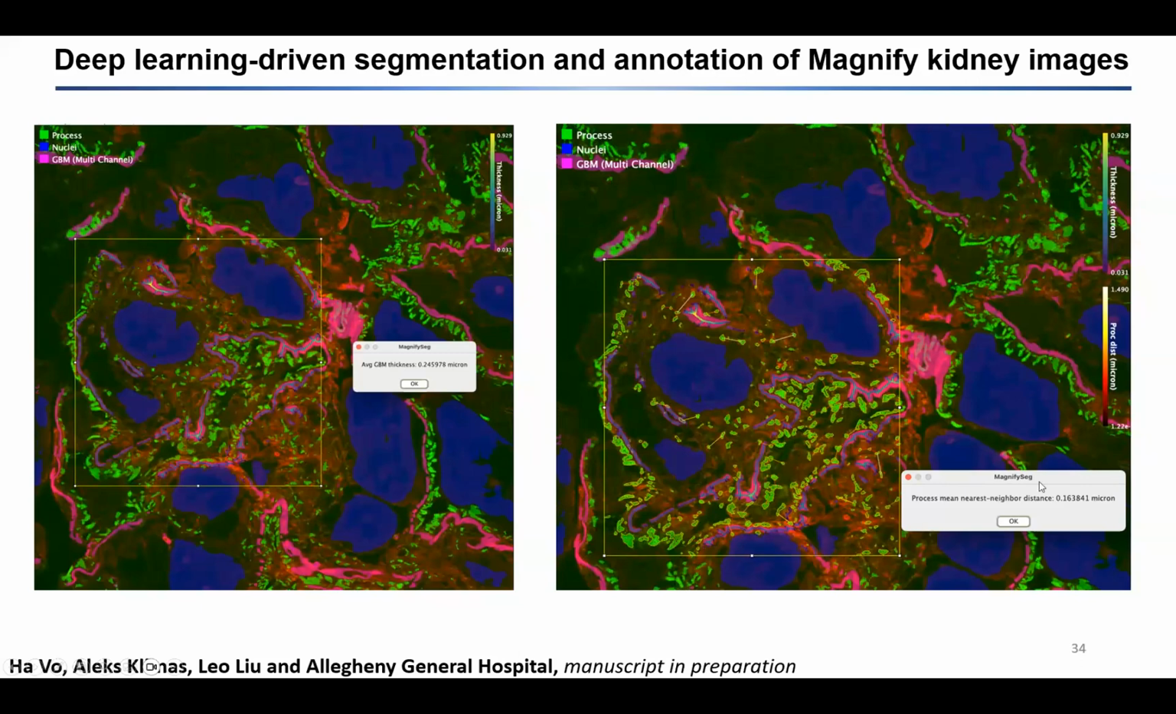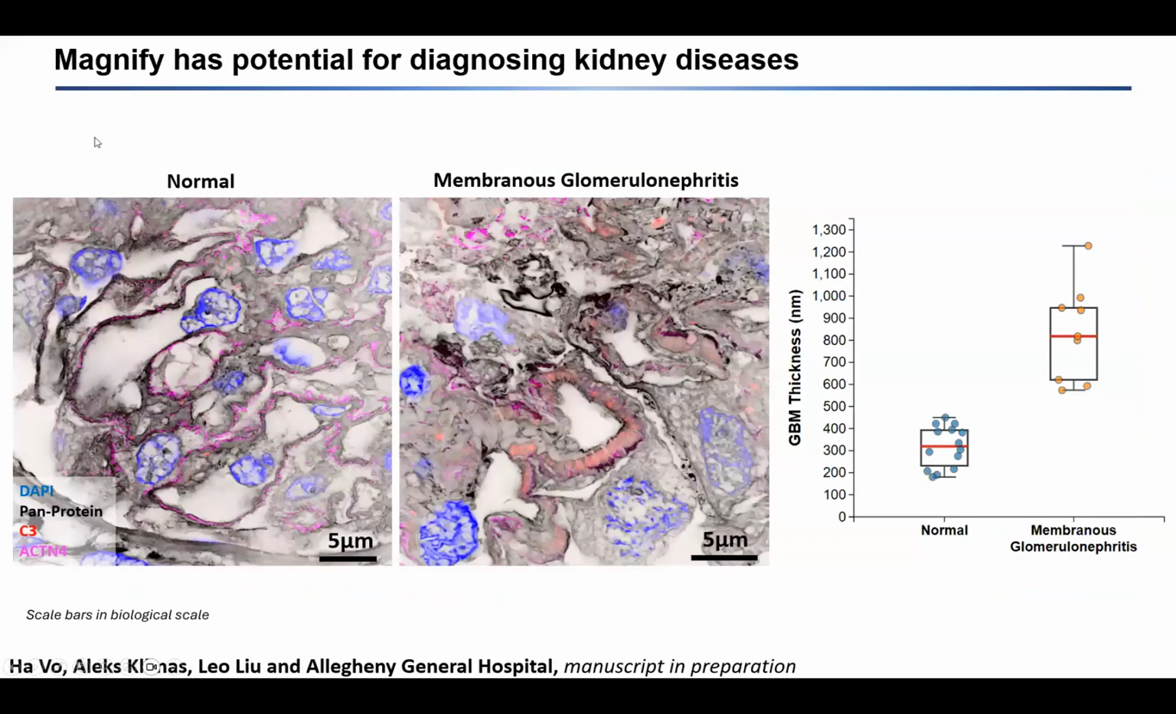We can also detect the foot processes and then quantify the result automatically. With this approach, we can detect a bunch of different kidney diseases without electron microscopy. For instance, this is normal versus membranous glomerulonephritis. Using this quantified approach, we were able to measure the thickness of the